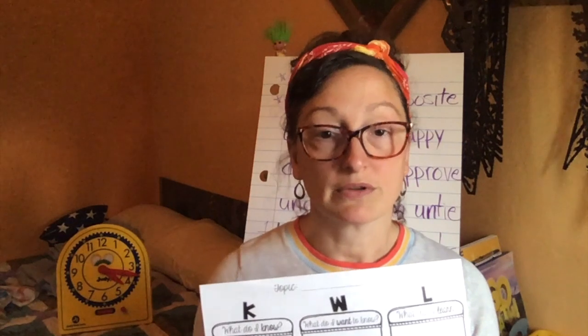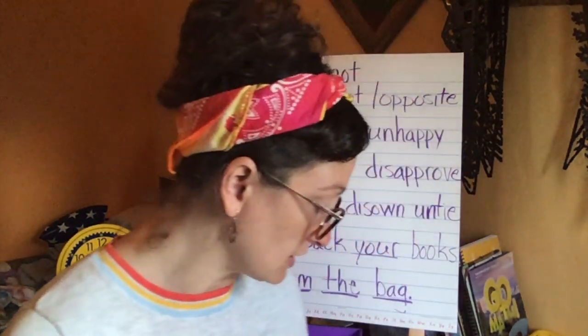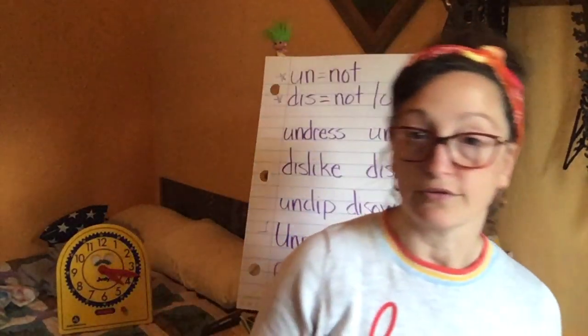So I want you to preview the story, and then I want you to jot down some things on this KWL. What are some things I already know? Okay. So there might be something like, I know the colors of the flag already. I know those are red, white, and blue, right? You know that. But what do you want to know? So why are our flag colors red, white, and blue? You know, if you don't know that already. And then you read the story, and then you jot down what you learned.